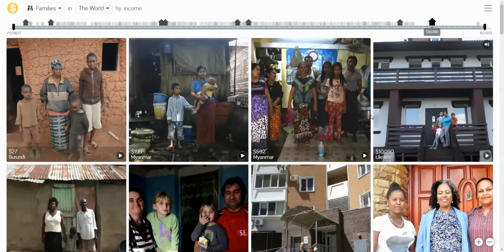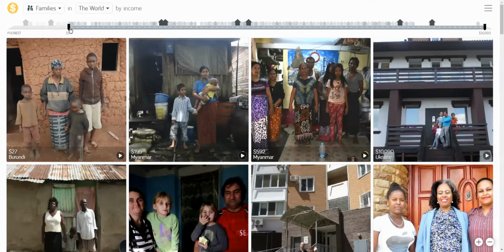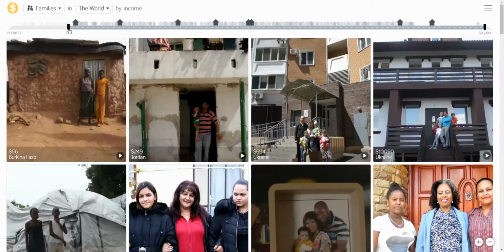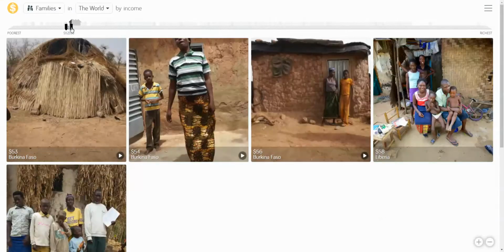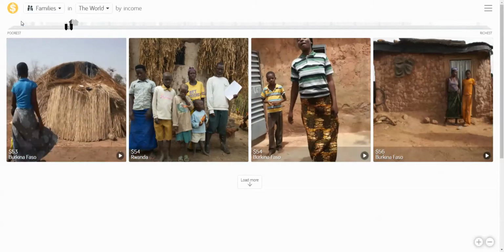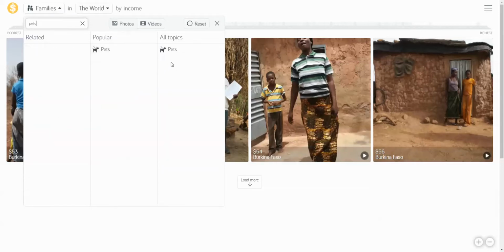So in each one of these, you can find information on different characteristics. Now, again, I'm going to slide this so I'm at my same, or I believe I was at $52 here. Here are my families again. For any one of these, you'll notice that now I have this. I can also, instead of looking at families, look at different parts of them. And so again, we can do a search here. For example, I'm interested in pets. So again, if I click on pets,